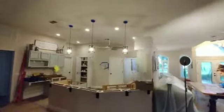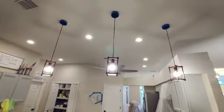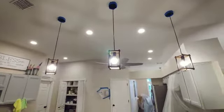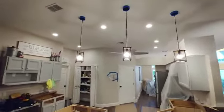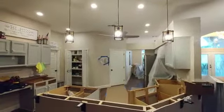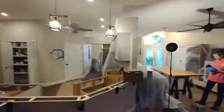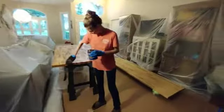Oh, look at those new light fixtures that we had put in after we removed, what was that thing? The bulkhead. We removed the bulkhead. You see that? We cut it out, completely removed it and dropped three beautiful lights. We're actually going to be getting the industrial light bulbs tomorrow, correct? Correct. So here we are working like crazy, staining